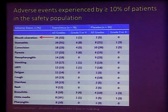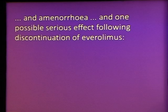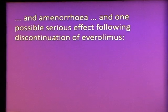But if you look at the safety profile in at least 10% of patients, then everolimus, and the red arrow demonstrates, a significant number had stomatitis and mouth ulceration compared to the placebo group. But there was amenorrhea, and that does appear to be emerging as another adverse event that wasn't picked up initially. It wasn't picked up in the initial pilot study, but certainly was in this study, and also from anecdotal use